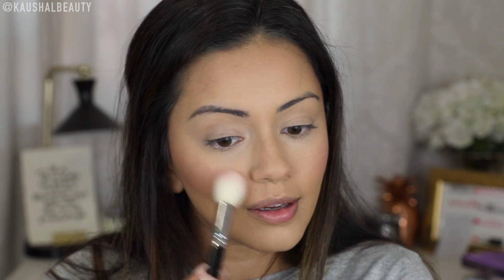Moving on to blush, I've still not been able to put this down. I feel like it's been well over a year. But this is the NYX Sweet Cheek palette, and I think I'm going to take a mixture of these two shades right here. I do always switch up my blushes. I generally kind of use one of these shades here. They are quite pigmented, so you don't need too much, but it just gives me a nice flush of colour